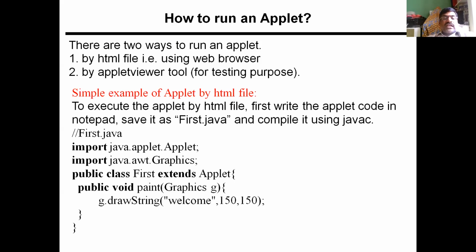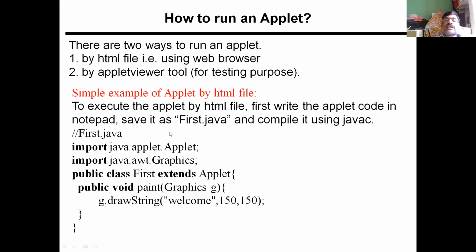In this video, we are just displaying a string in the applet. So I am calling g dot drawString. The string you want to display, I will enclose in double quotes. I want to display "Welcome", and then a comma, the x coordinate, a comma, the y coordinate, where I want to draw this particular string in the applet window. Once you type this program, you save it with some name, First.java,